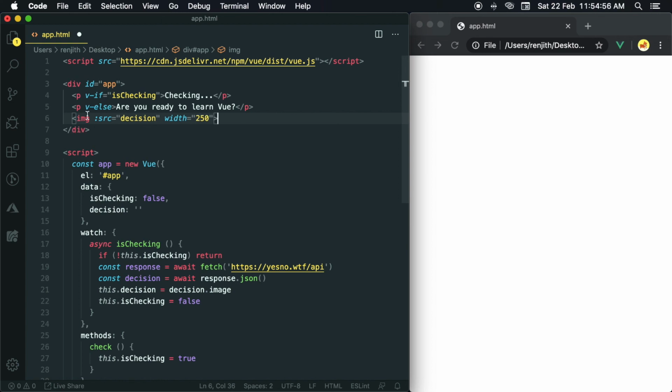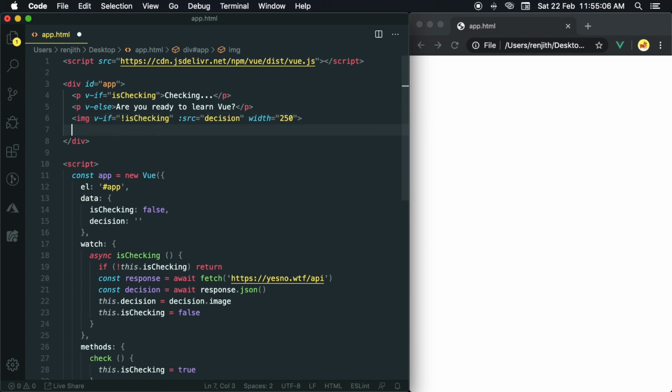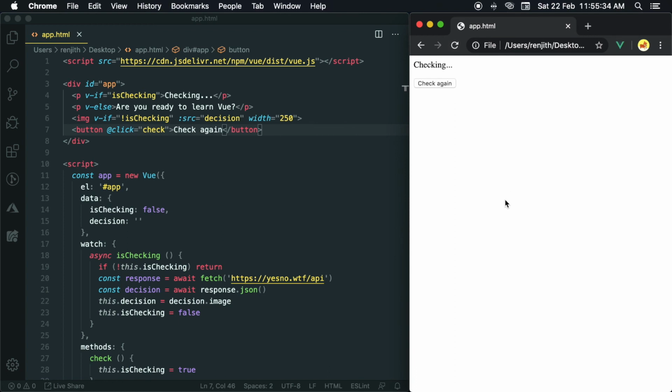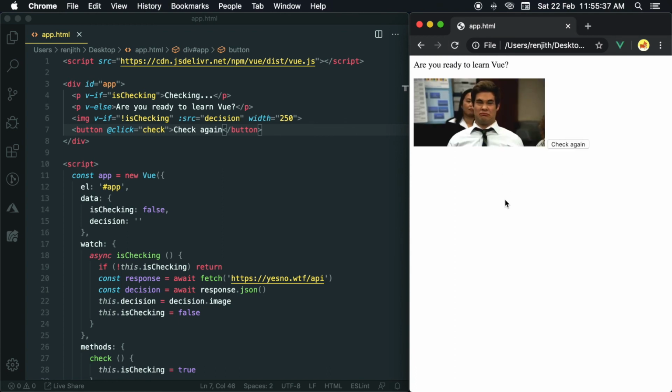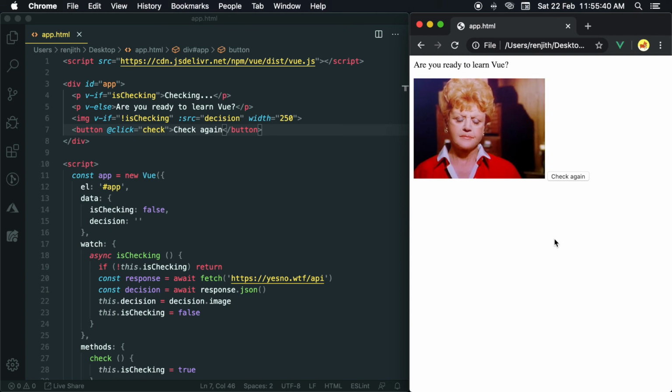We only have to render this if checking is completed. Create a button and bind the check method on the click event. Let's run it on the browser. Yes, working. Try to check again. Yes, working perfectly.